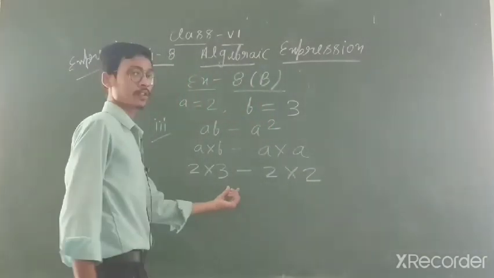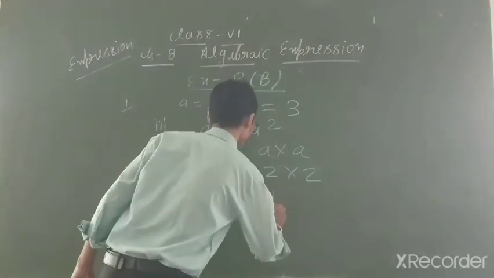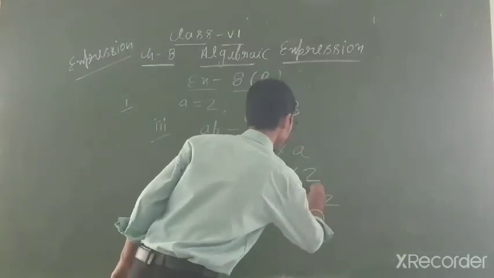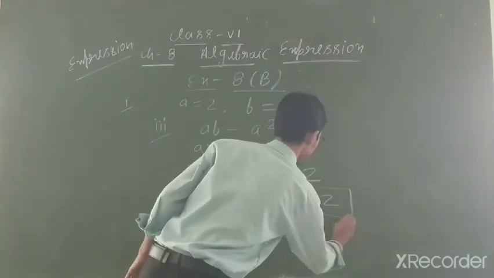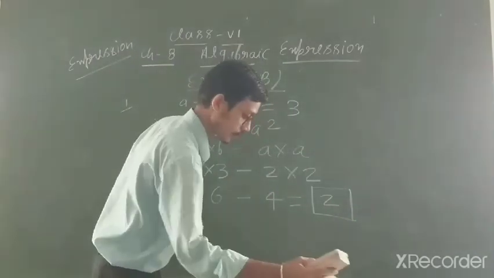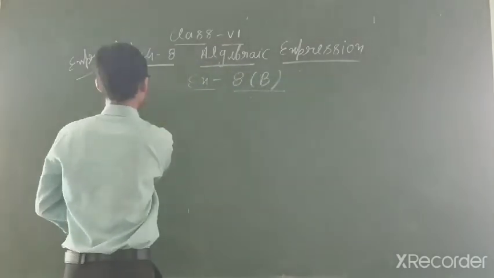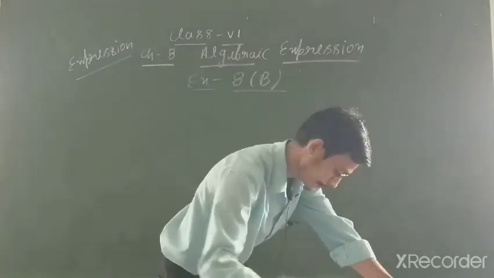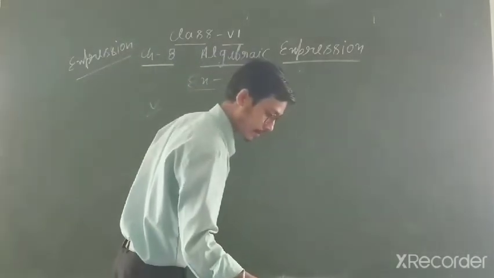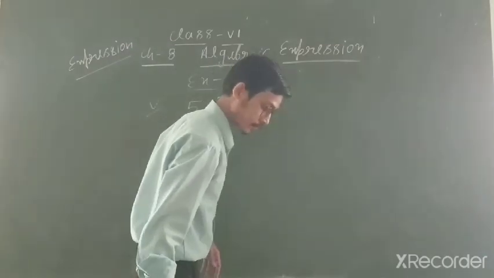Clear, student? So this is 3 2s are 6 minus 2 2s, student, you can say 4. Now you know that 6 minus 4, it will give 2. Clear? So this is our correct answer. Clear? Only we have to see carefully what expression is given. Clear, student? Now again, I am going to take next example, and rest of question you will do yourself. What is given? Like question number 5. Question number 5. 5 is given 5a square minus 2ab.